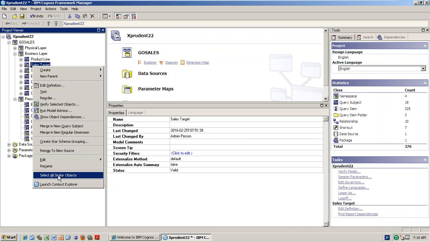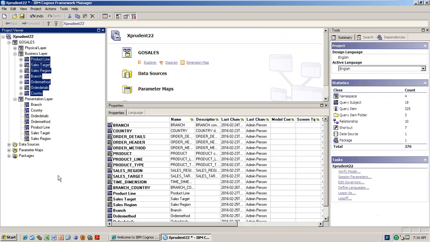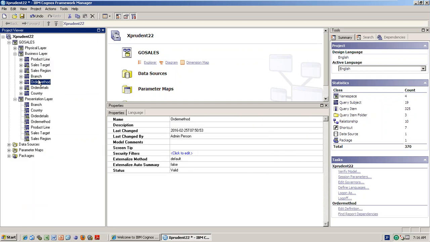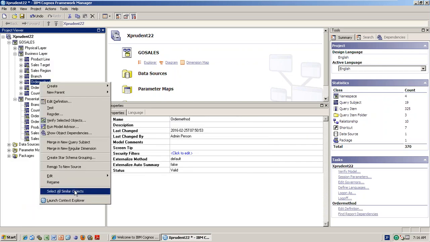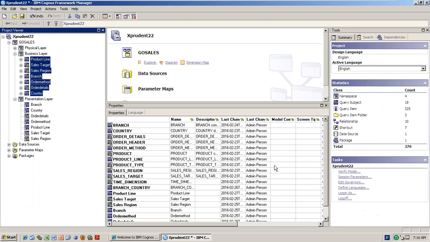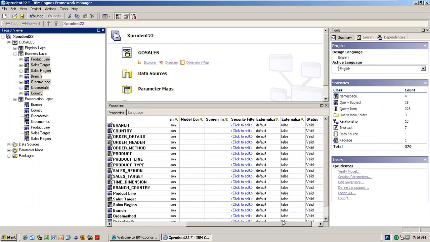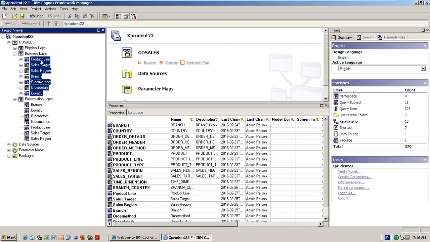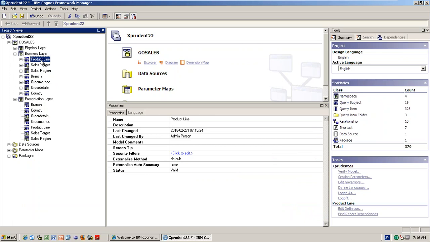Select similar objects. Why do you need it actually? If I am selecting, all the tables will be copied here. See? All the tables will be shown to you, because you see in the physical layer also it is copied. Because select similar objects means you have selected a table and then you are asking us to select the similar objects. So then it will be useful for you. When will you use this option normally, when will it be useful, anybody, can you please tell me? In one scenario it is very much needed for you. What scenario is that?